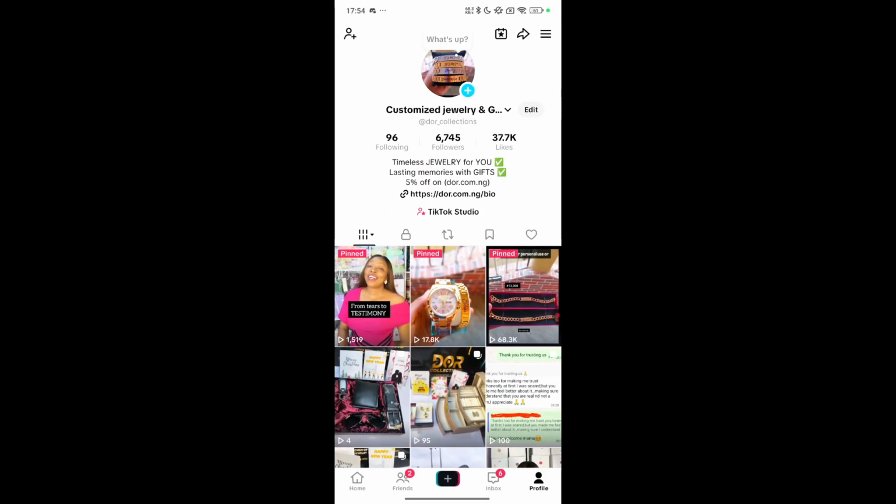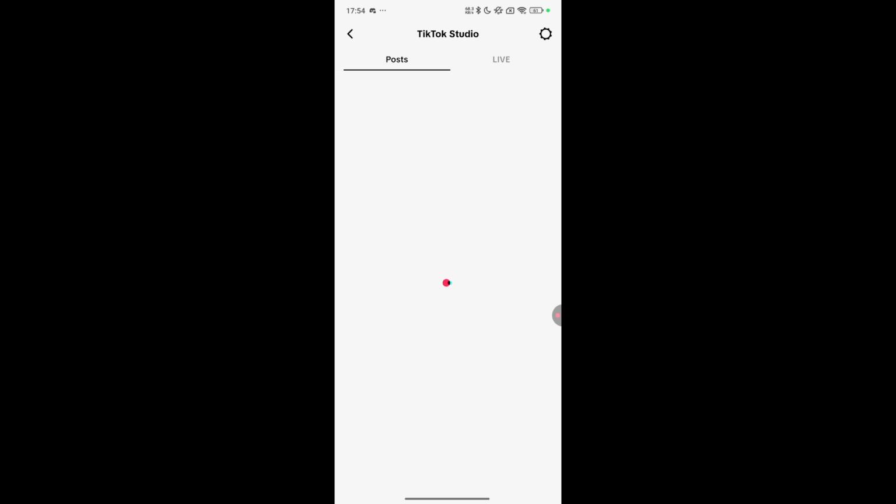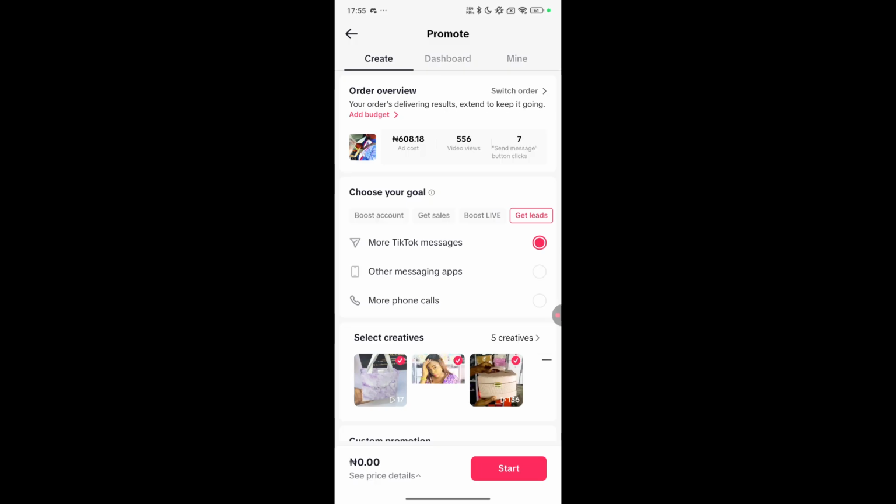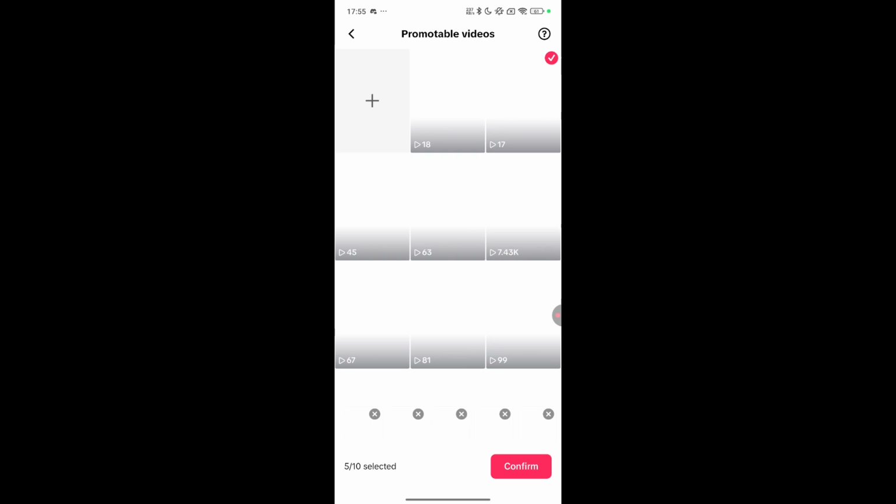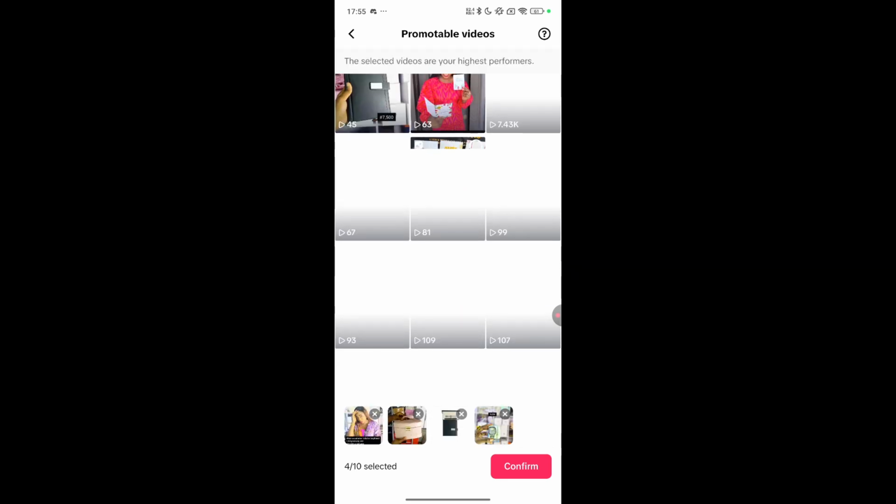Multiple TikTok adverts. Click on TikTok Studio. Scroll down. Click the promote icon. You would automatically see something like this. In fact, recently, TikTok would already help you select maybe your top 5 videos, maybe in the last 2 days. And you see the 5 creatives, but do not follow what they choose for you, because you are the one that knows your content and the one tailored to each audience. You just come, remove the ones you want to remove, and click your own.